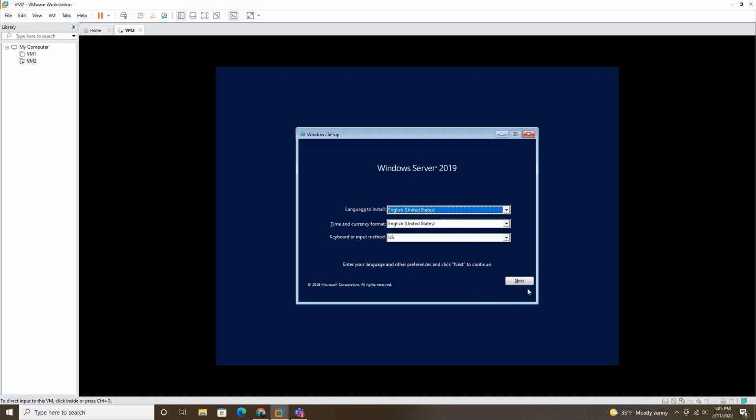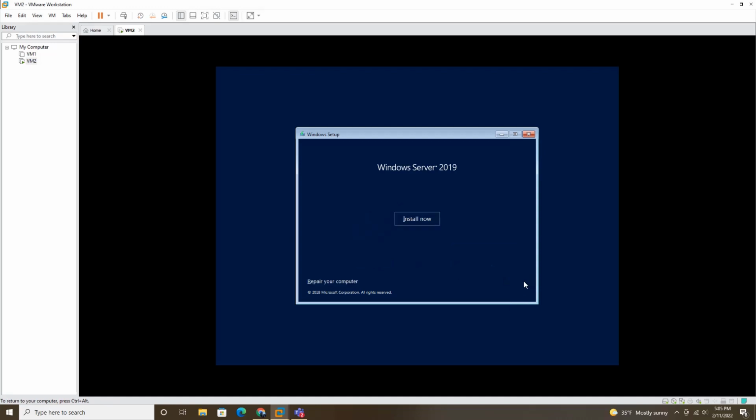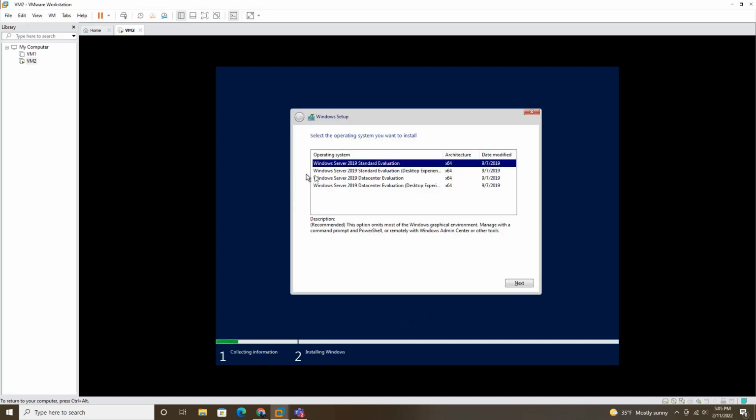So I'm going with English, then next, and install now. I'm selecting the last option, which is Windows Server 2019 Data Center Evaluation. Why we are selecting that is because this option will give us a similar experience as MS Azure. And then next,